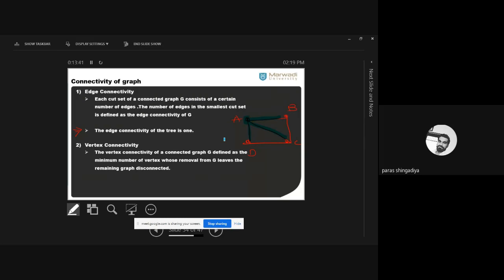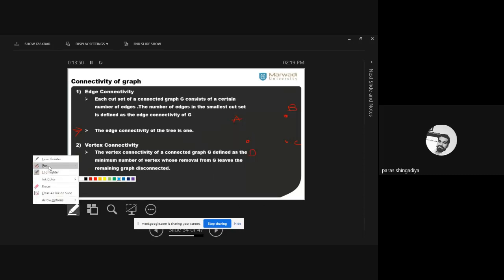Clear? So let's change to two vertices. This is our graph. Clear? Now you can change the vertex also. You can check for B. If we delete B, can we make the graph disconnected? Delete C, then D. So it is not possible for a single vertex to make the graph disconnected. For a single vertex, it is not possible.